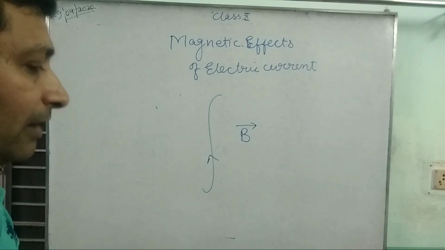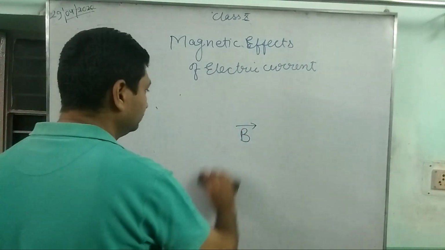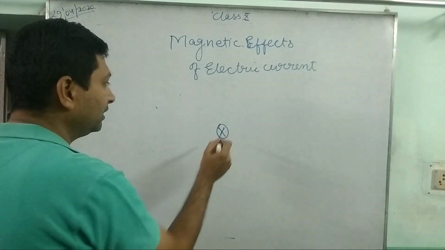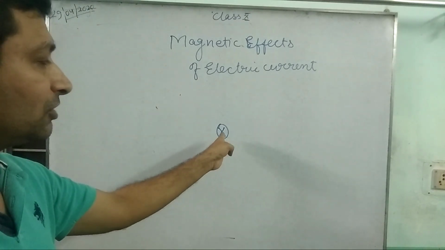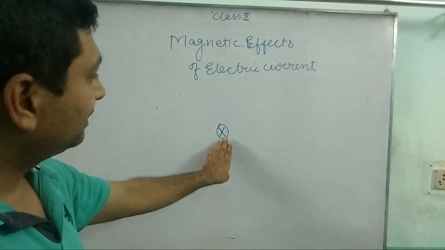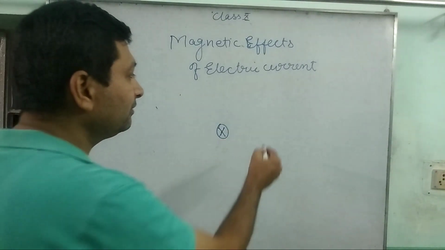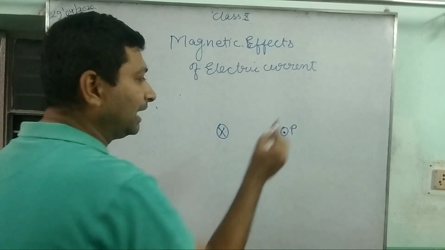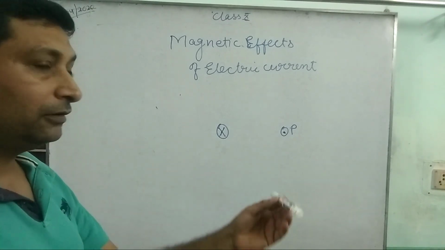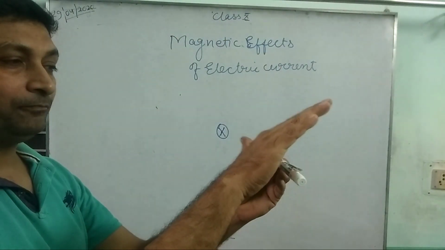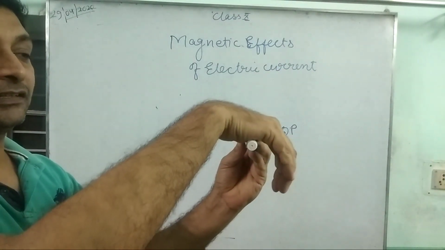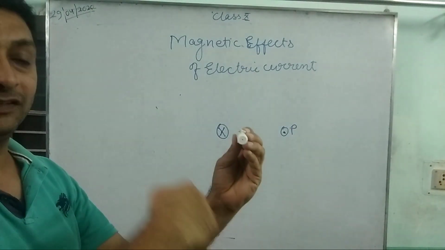Suppose a current carrying wire is perpendicular to the board and the direction of current is inwards. Due to this current carrying wire, we are finding the direction of magnetic field at point P. So according to the rule, first of all, we should hold the wire in our right hand in such a way that the thumb is in the direction of electric current, then the curly fingers surrounding it represent magnetic field lines.